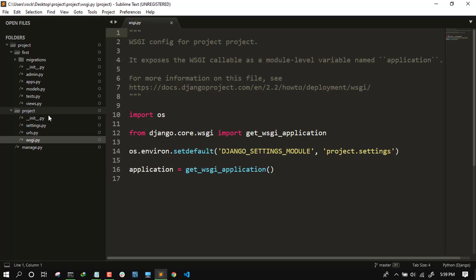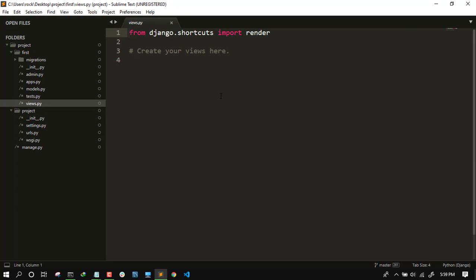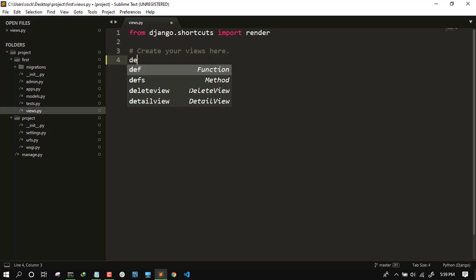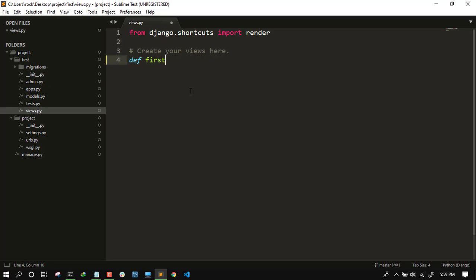First I like to open views.py. In views.py, we can write the code which is reflected in the browser. Suppose I create the first function with the name first request. It will take one parameter, request.